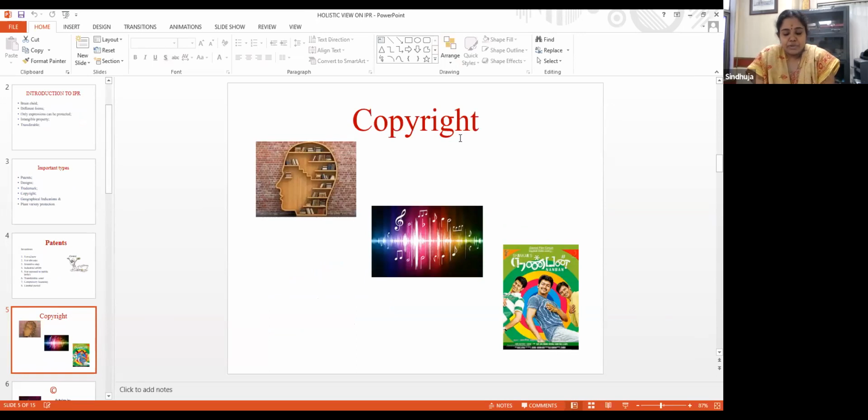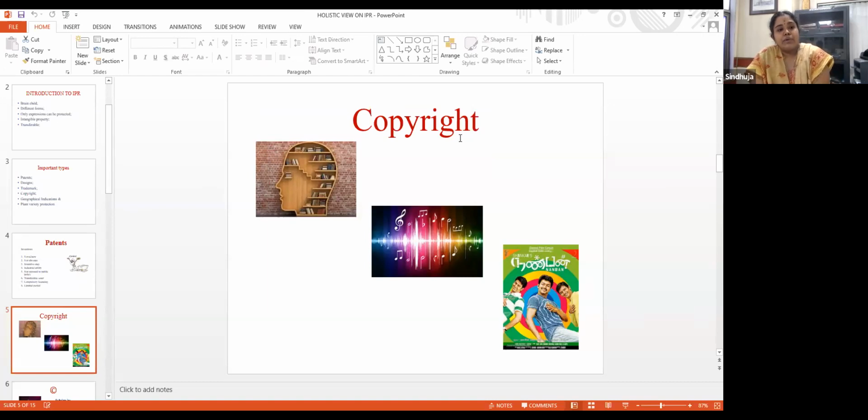Next to copyright, the question arises: can software be patented or copyrighted? That is a major area that you have to concentrate on. For that, we should first know what copyright is. You might have several books with you. You would have seen a small c written within a small circle, which means it is copyright protected. And first of all, we should know one more thing: whenever a work of copyright is done, it is automatically protected. So registration is not necessary, though registration of a copyright is recommended for the reason of a strong foundation for a legal battle in future.